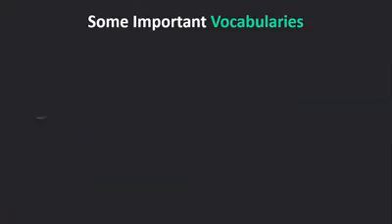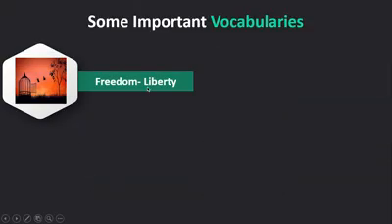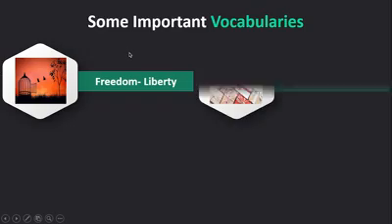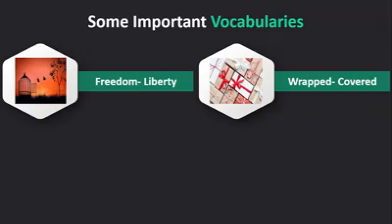Next example is freedom. Here we find two birds flying in the sky. Freedom means liberty. Freedom, actually, means to live as you wish. এর বাংলা অর্থ হচ্ছে স্বাধীনতা।